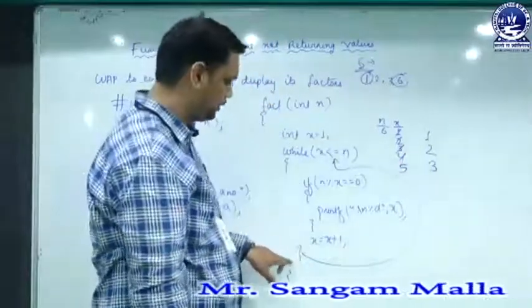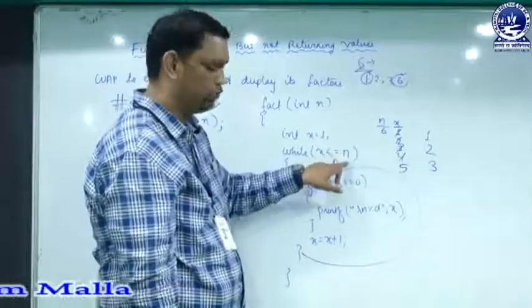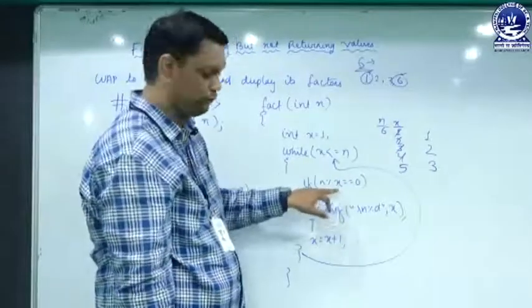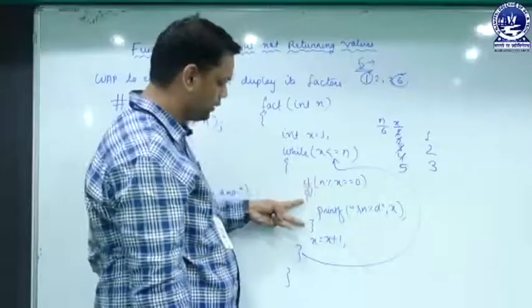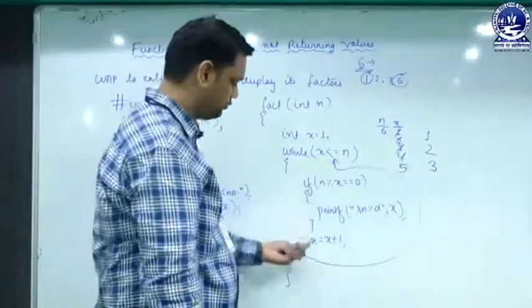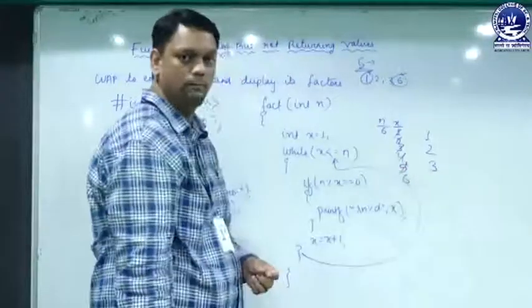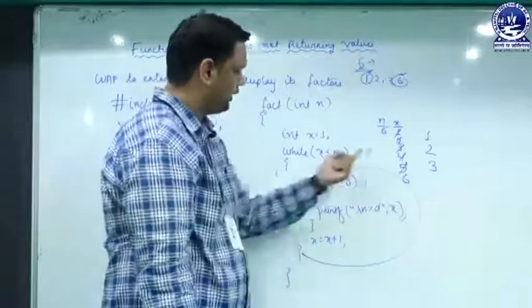Then when it comes to this one, again it will be redirected to this condition. 5 is less than equal to 6. Yes, true. It will come over here. 6 is divisible by 5. No, 6 is not divisible by 5 and the remainder is not 0. So it will not enter the block over here. It will come to this one, x equal to x plus 1. Now the x value will be incremented by 1, that is 6. So when it comes to here, it will be redirected to this one.